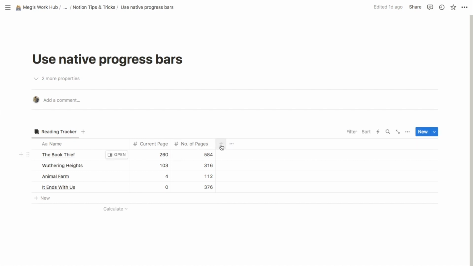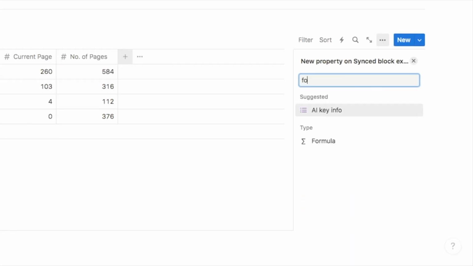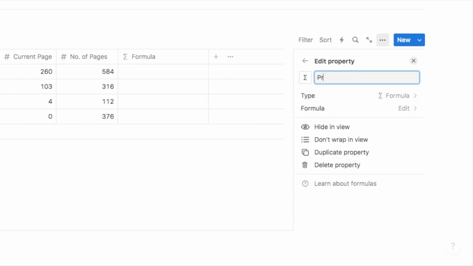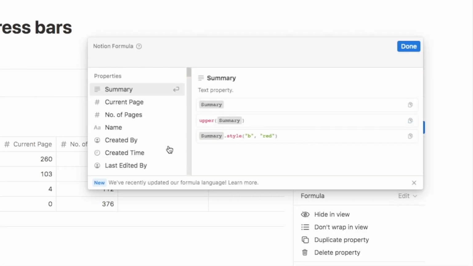So to add the progress bar, you want to add another property, and this one is going to be a formula property. So I'm going to select that. I'm going to give this one a name of progress, and I'm just going to click on this formula edit button to bring up this panel, which is where we're actually going to write in the formula. As you can see here under properties, this will bring up the properties that I currently have in the